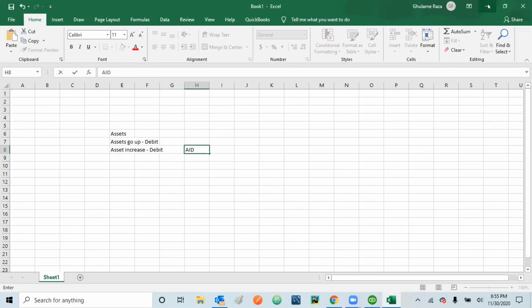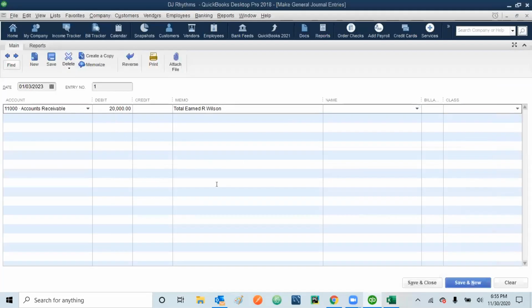Once your receivable is increasing, like you give your assets to the customer on credit, it means your account receivable is increasing. Account receivable is your asset side. Because it is increasing, you have updated it in the debit side.